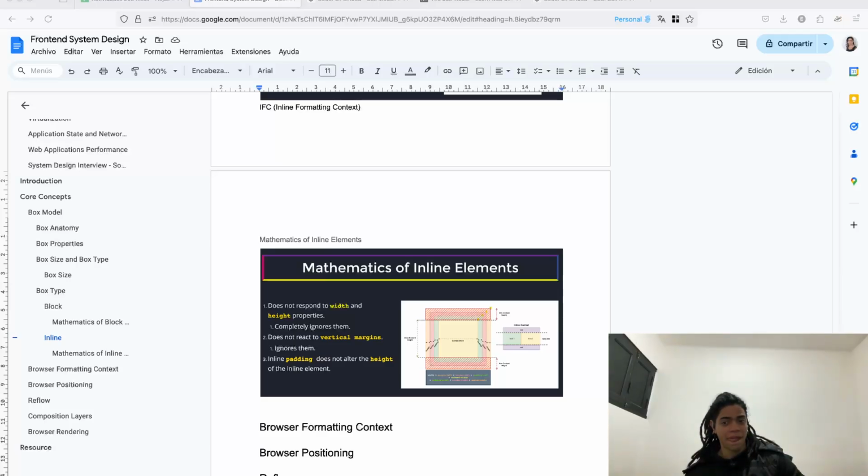The width of the content it contains. And since the element 3